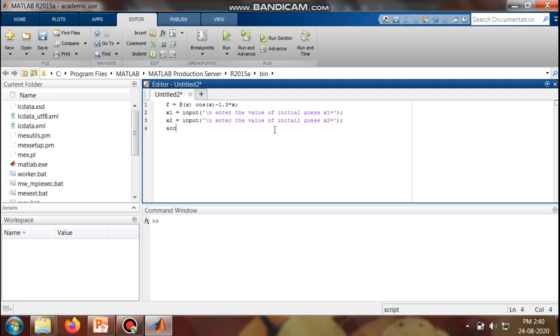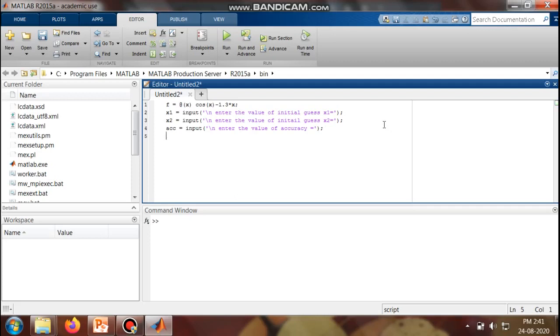Now we have to define the accuracy. I will declare ACC as the accuracy, which also has to be taken as input from the user. So I will write it in terms of input itself: bracket, quote, \n, enter the value of accuracy is equal to, quote, complete the bracket, terminate the sentence.